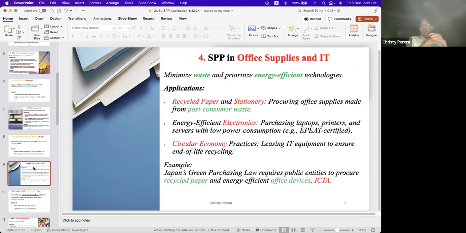Number 4. I have taken the major areas: office supplies and IT, mainly the education department. But office supplies are common for every place. All offices use them. Now little by little they are trying to digitize things, reducing office supplies, paperwork, file covers, and they can save storage space.